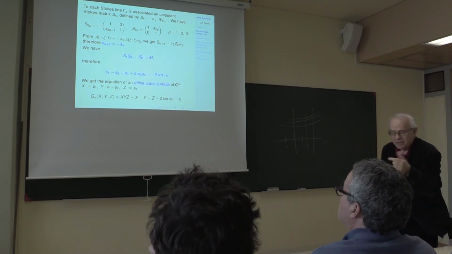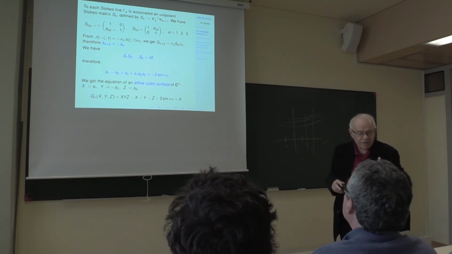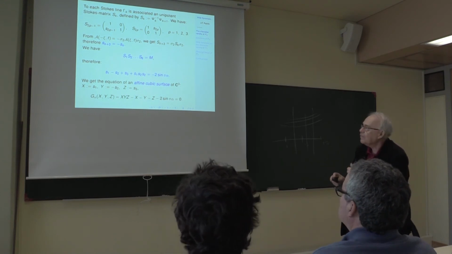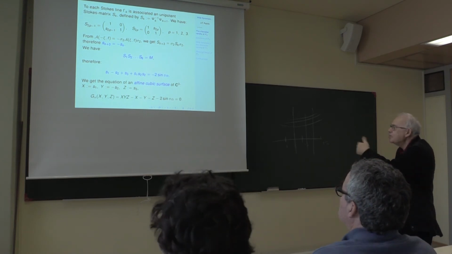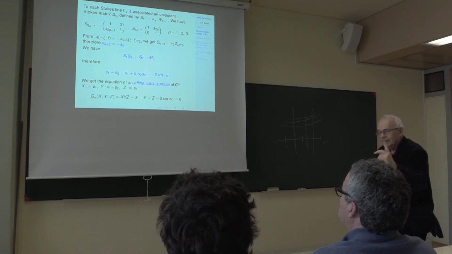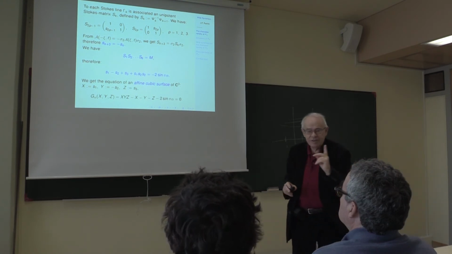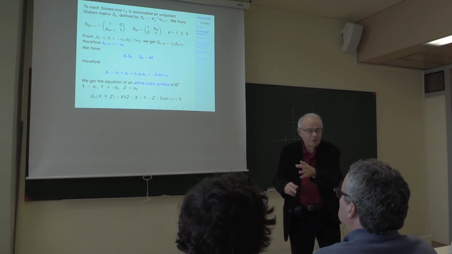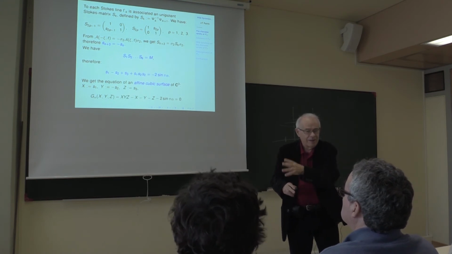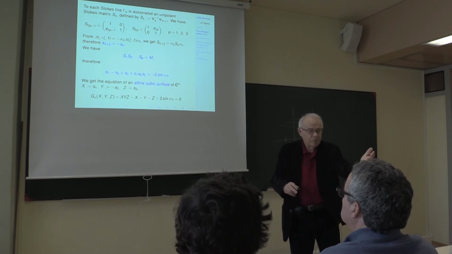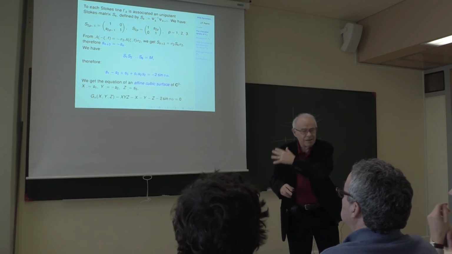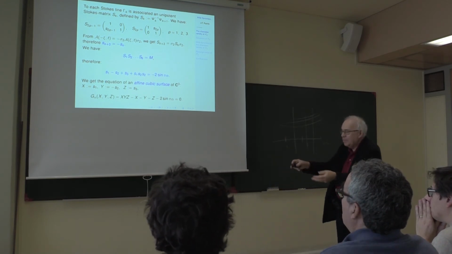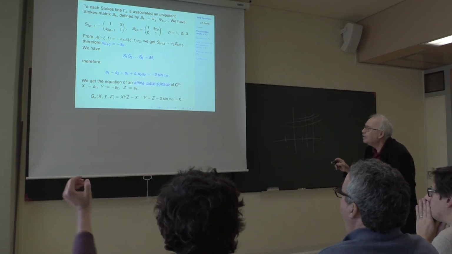Okay, so you have the 6 Stokes matrices. In fact, knowing 3, you know the 6 because you use symmetries. And then the relation is, as I explained yesterday, the relation between the product of the Stokes multipliers, the formal monodromy, and the actual monodromy. Here the formal monodromy is trivial, so the product of the 6 Stokes is equal to the monodromy at 0. You express that, you compute the thing, and then you get the relation.